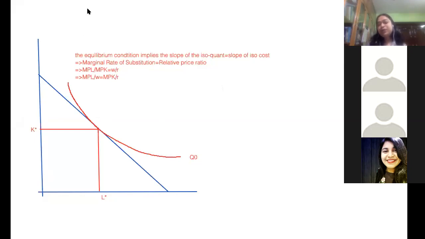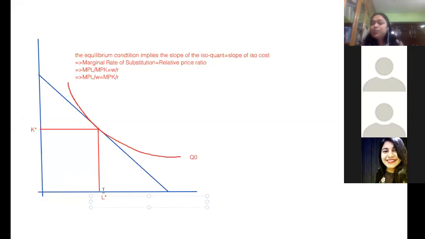But we will repeat as many times as needed, right? Because we want to make sure that this is clear, because these are foundational stuff, right? If you don't understand these, it will create problems for us in the future. Okay, so I'm not going to introduce scale effect and substitution effect for now. Today's focus is on figuring out this number, right? So all the pain that we are doing is because of this L star.